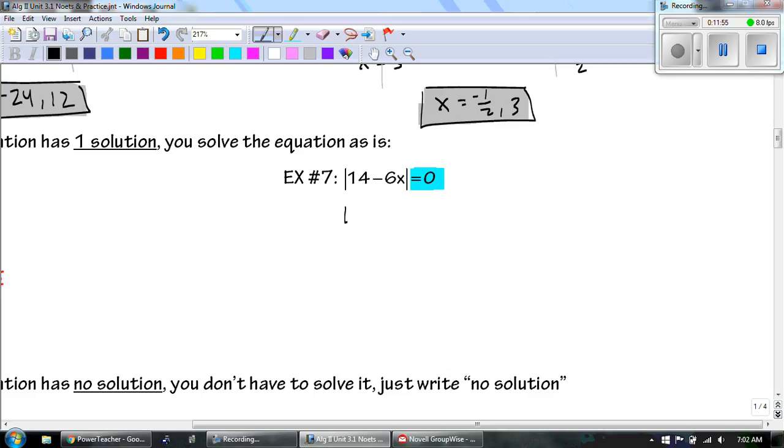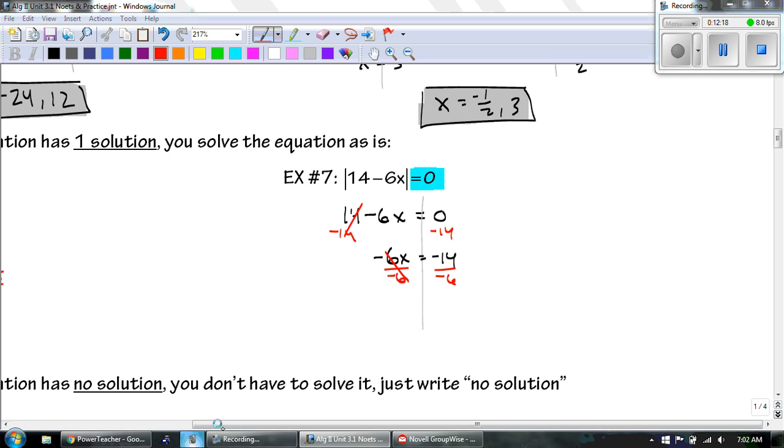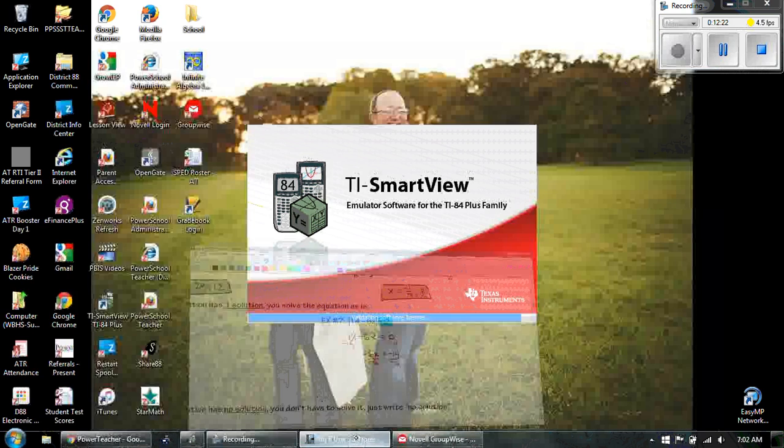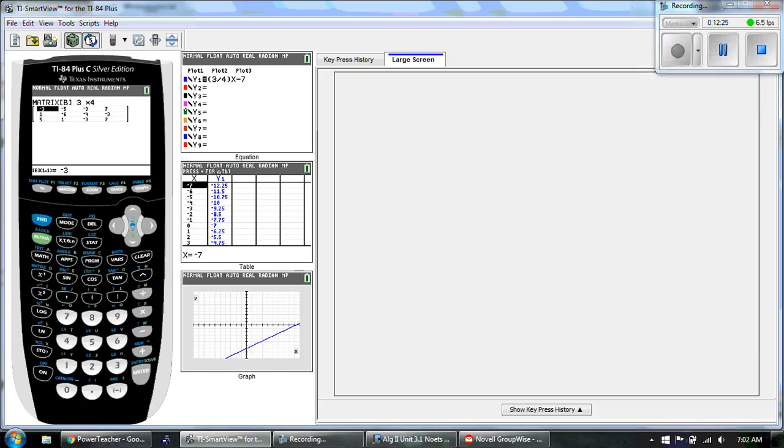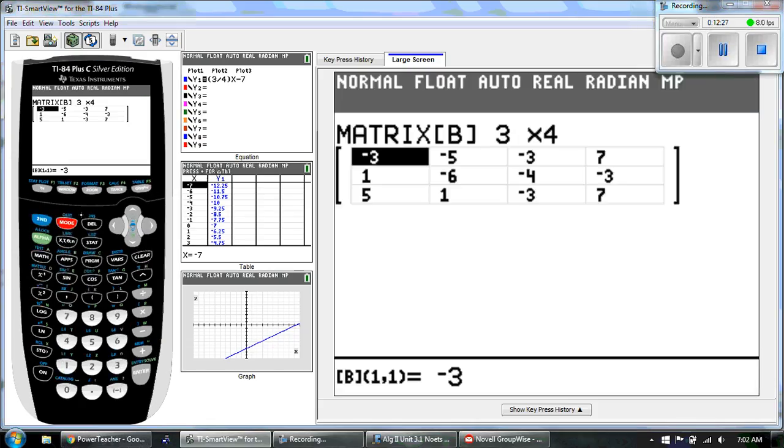So I'm going to set 14 minus 6x equal to 0 because it's only going to have one solution. I subtract the 14 to both sides, and you get that negative 6x equals negative 14. We're going to divide by negative 6, and uh-oh. Sorry, that doesn't look pretty, does it? So if you can't reduce that in your head, what I want you to do is